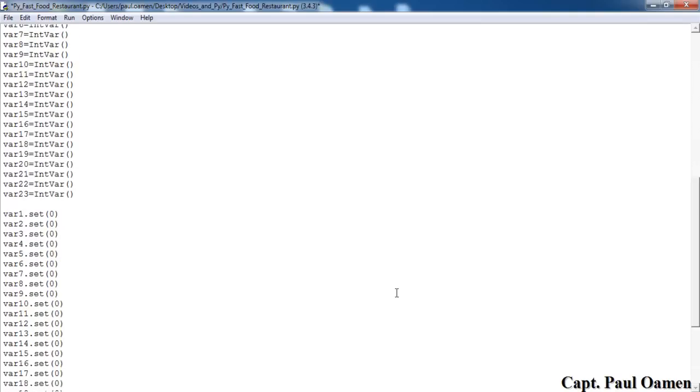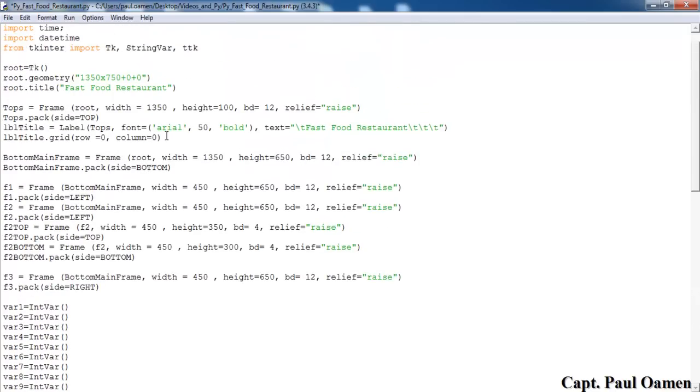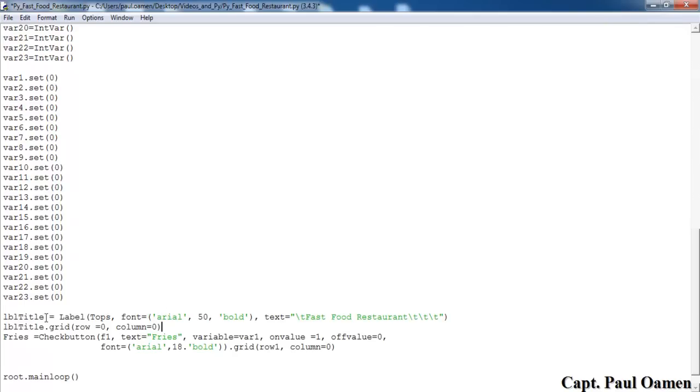And I need a title. Let me just copy this title here. I'm going to copy this. Let's paste it here. That will be mail. Let's change this to mail, and this will change this to mail as well. Okay, that's a label. We want it inside F1,